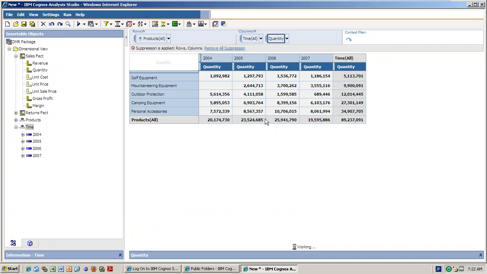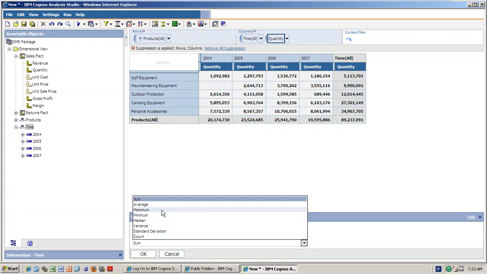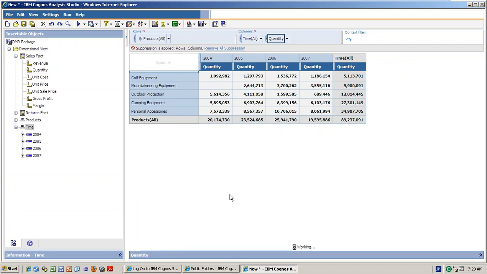Now just check it out below. This is the average. And if you don't want average, you want some other things, like the maximum value. Why is it not selected?